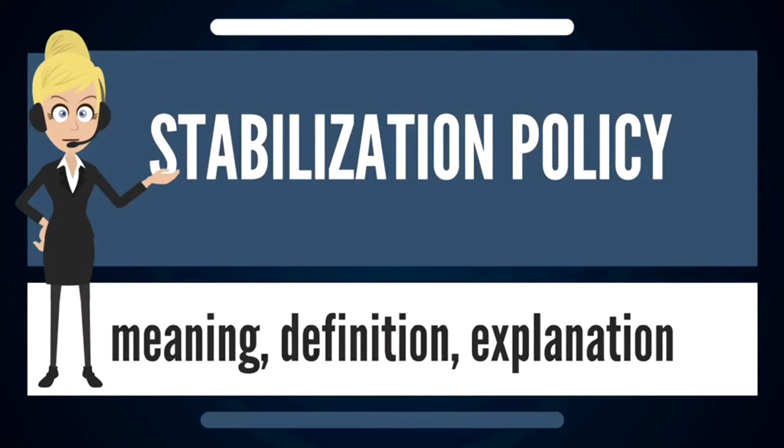So what's the meaning of stabilization policy? While the classical view favors an economy that operates and adjusts itself automatically without government intervention, the Keynesian view promotes deliberate use of government policy to decrease the intensity of economic fluctuation, such as recession and inflation. These policies are referred to as stabilization policy. Stabilization policy can be used to change aggregate demand and improve the economic performance. However, the extent of the success of this policy in achieving the macroeconomic goals will depend on the type of shock the economy is facing.